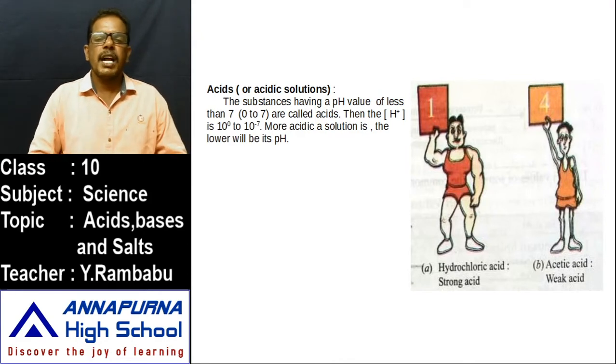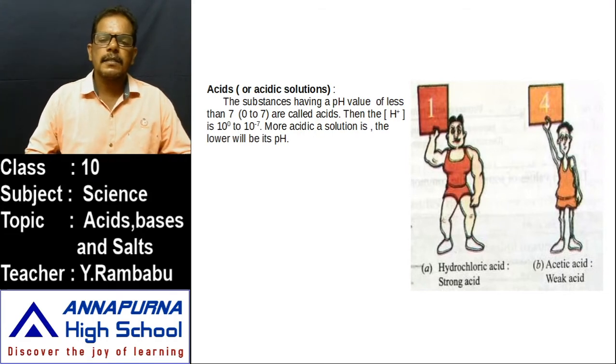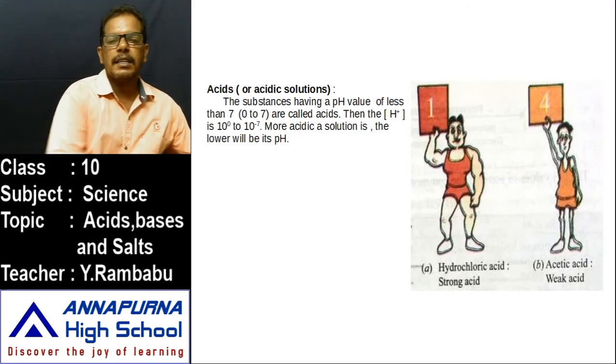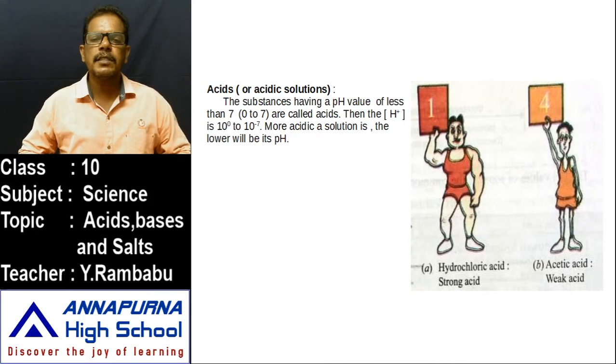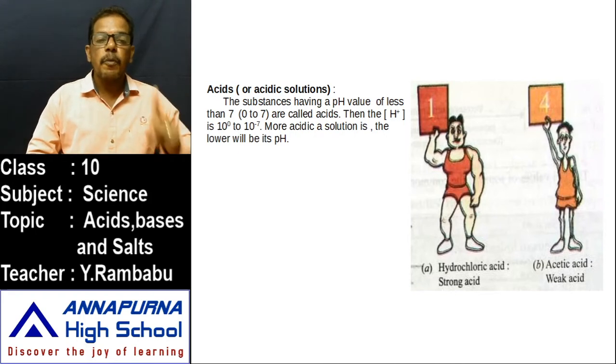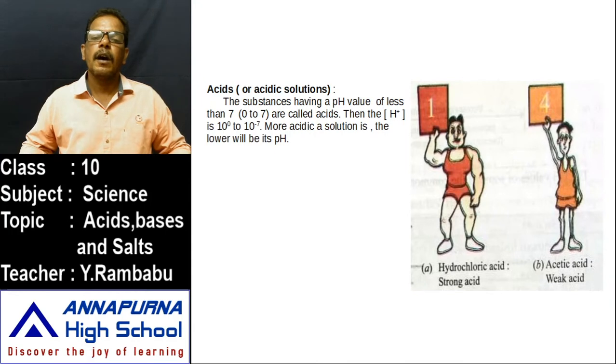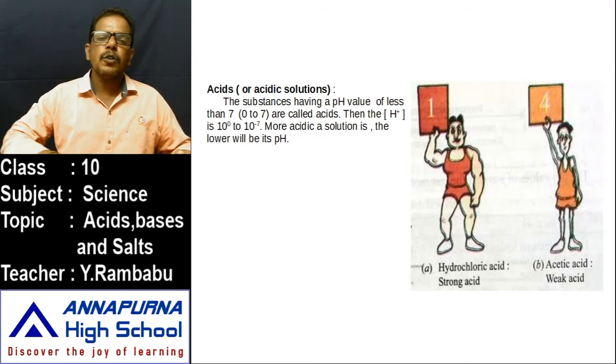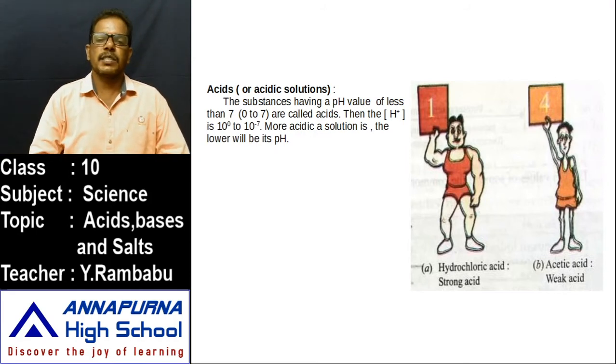And if we test the pH value of acetic acid in the presence of this pH indicator, this acetic acid attains orange red color. Orange red color means its pH value is 4, means hydrogen ions concentration is 10 to the power of minus 4. Observe, 10 to the power of minus 1, 10 to the power of minus 4. In this, which value is high? 10 to the power of minus 1 is higher than 10 to the power of minus 4. Why? 10 to the power of minus 1 is 10 to the power of 3 times greater than 10 to the power of minus 4.